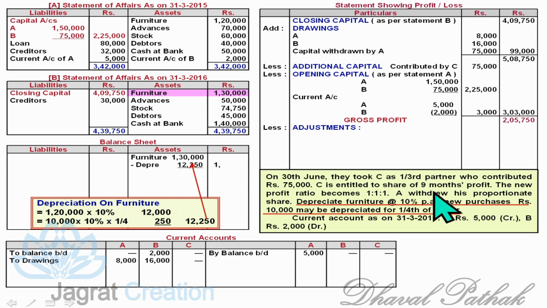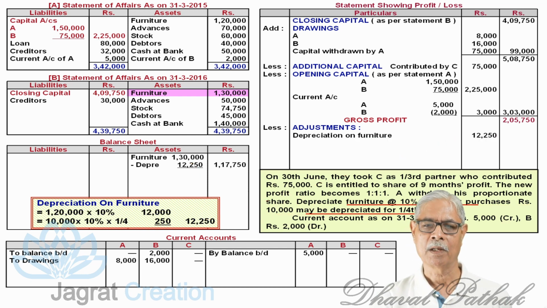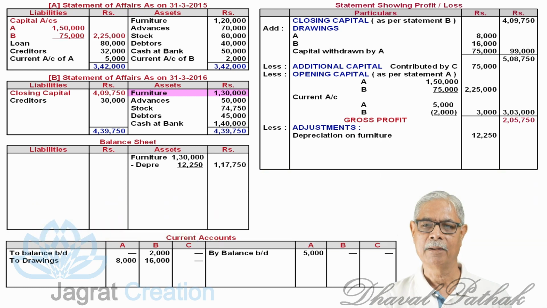12,250 will be deducted from the furniture balance on the asset side, and it will be deducted from the gross profit. Now, next,